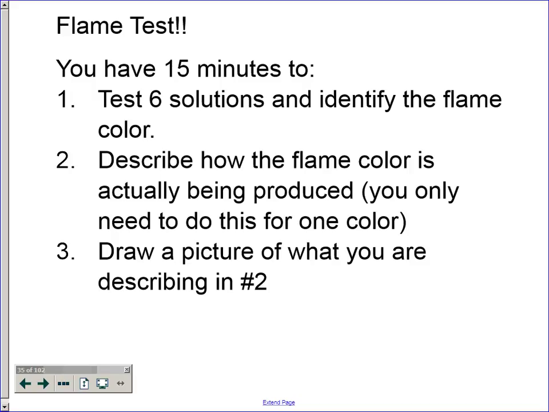Alright, you should have an inner loop home, and if you do not remember how to do this, all you're doing is dipping your loop into the solution. The loop is what's going to be inserted into the inner loop home. The loop can only stay in the inner loop home for about 3 seconds before the solution just burns off